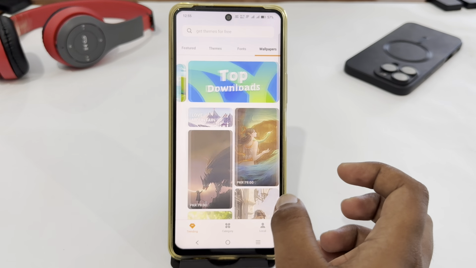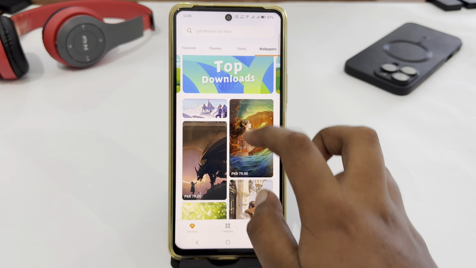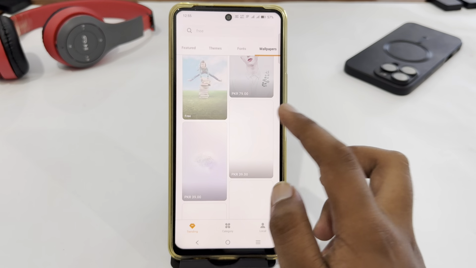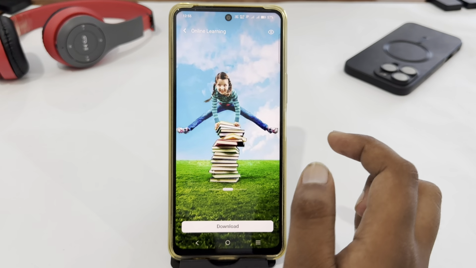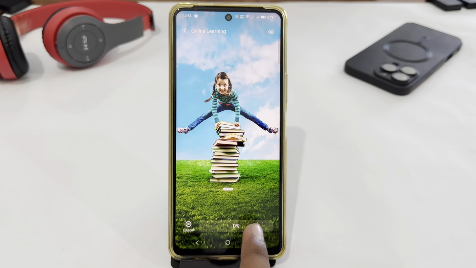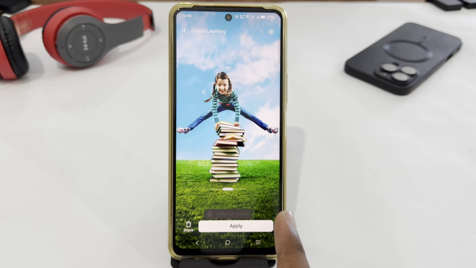Tap on download more, and here you have to look for the wallpaper which you want to download. As I'm going to download this one, just tap on it and then tap on download, and after that you can see the wallpaper has been downloaded. I can apply it to my phone,